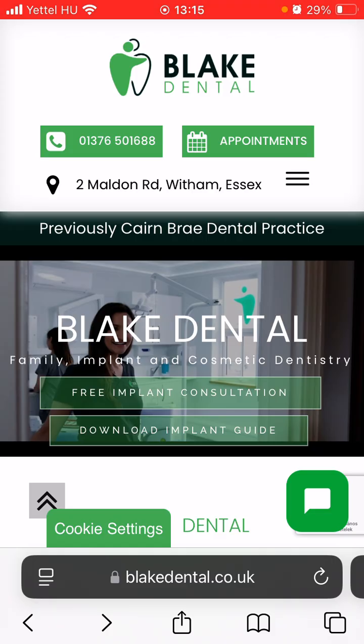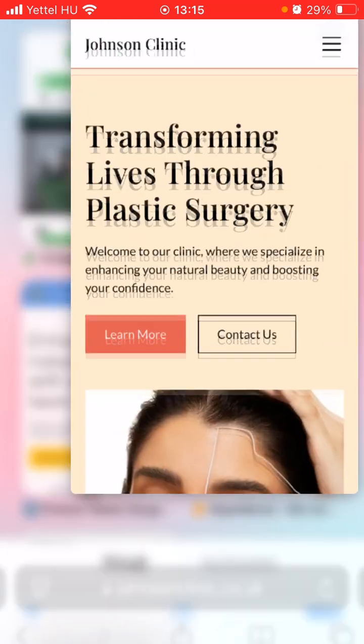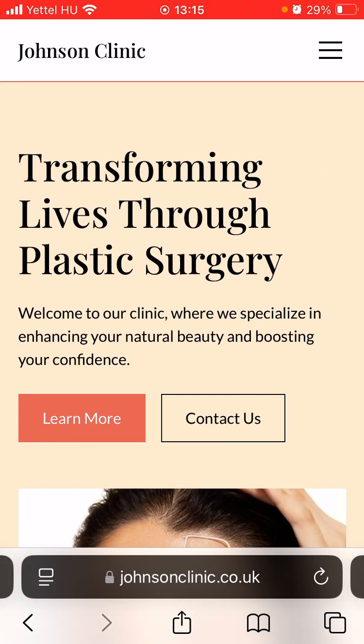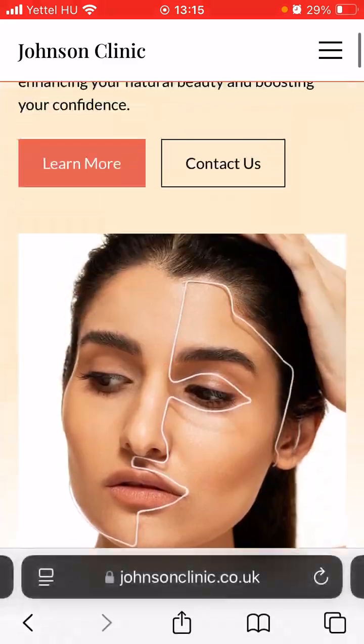So first of all, I really believe that the navigation bar occupies really a huge space. Mostly the logo is pretty big and there's just really a lot of things happening in there. In contrast to that, let me show you one of the plastic surgery clinics that we did the site for. As you can see here, we only have a simple nav bar,